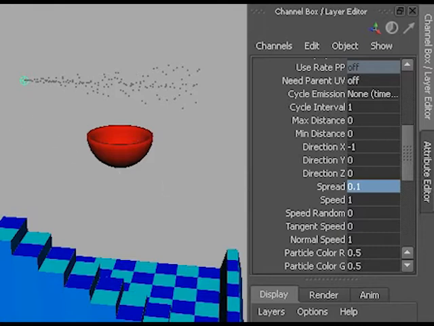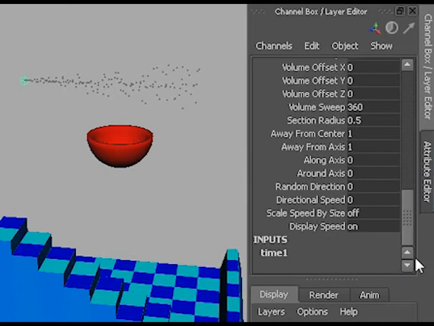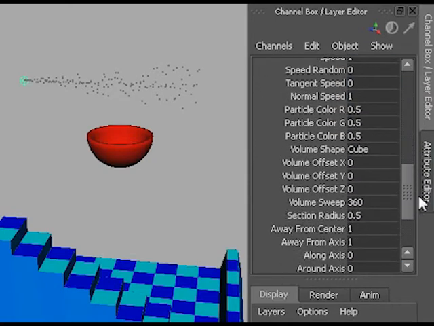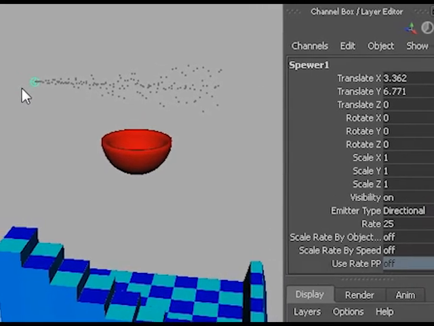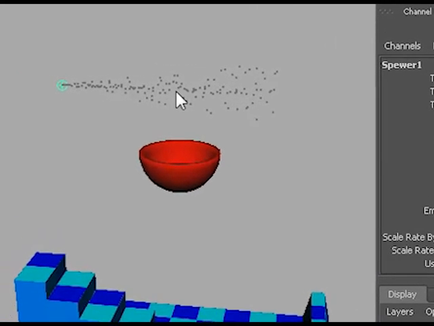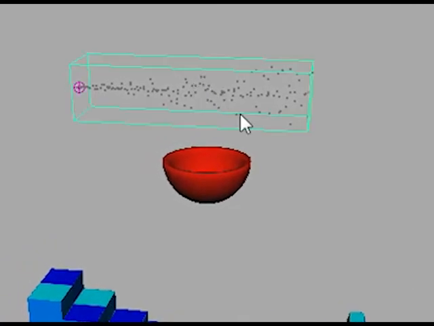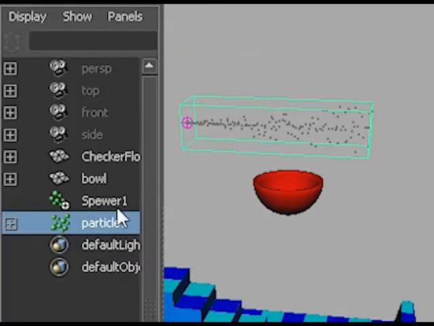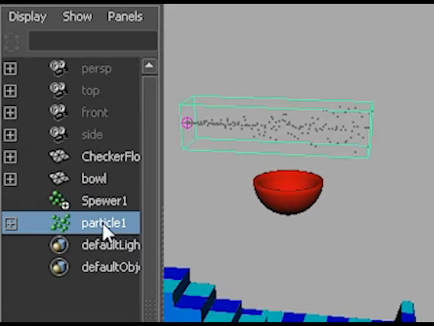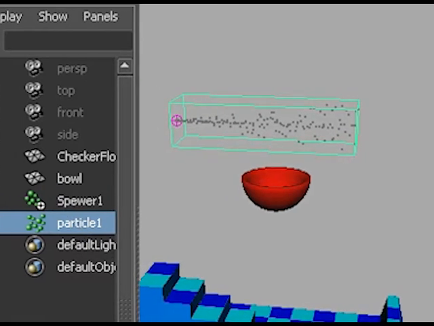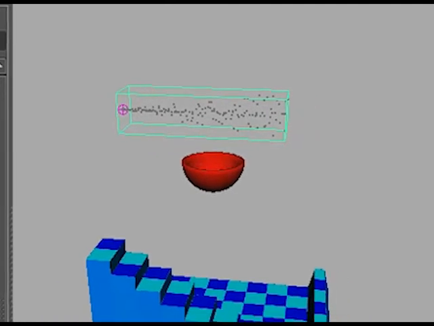In my particle emitter, there are no settings for the particles themselves, except for how they are created. There's a difference between the particle system and the actual particles. These are the particles. If you look at the outliner, you see that there's an emitter and a particle system. Most of the properties of the particles are set in the particles object, or particles node. For instance, you can set how they are